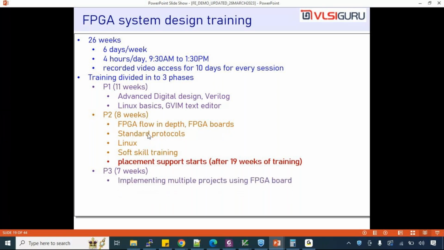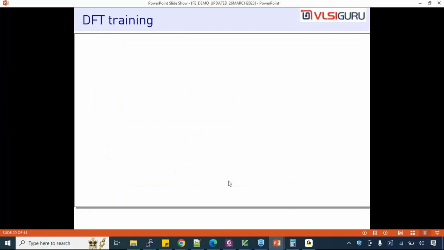So during that session, our trainer will tell you what will be done for each week of the training. Only thing is, every session will be theoretical and practical oriented. I mean, we are not just going to teach you theory. Each session will have the practical aspects being covered. DFP also there will be a trainer who will explain. I mean, we'll have a dedicated session for DFP also. One of the things about